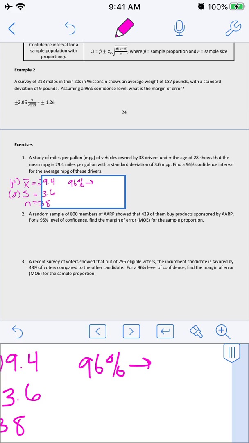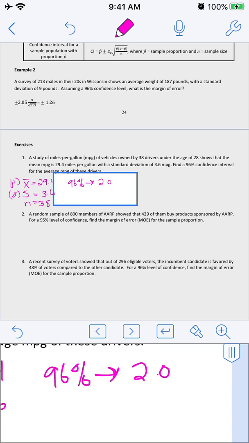It's a zc. Same idea, though. It's a standard deviation mark. That would be 2.05. And that number does not change. Every time you are 96% confident, your critical value is 2.05. Okay. All right. Here's where it gets a little